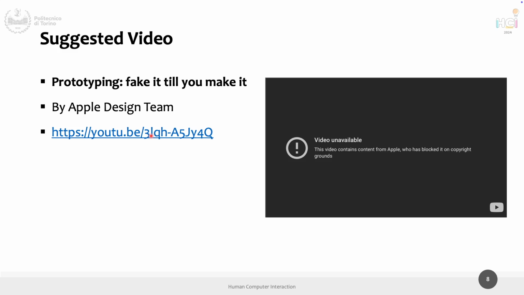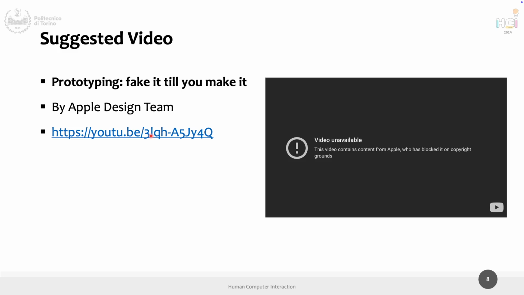In this case, for explaining new features of Swift various years ago. And the title was Prototyping, Fake It Till You Make It. That is partially related to the high fidelity prototype, but is partially related also to the entire prototyping process that we covered. And prototyping is a way also to have an idea, not like this one in the video, because it's about the best toast in San Francisco, so not really something you probably want to implement or to realize,